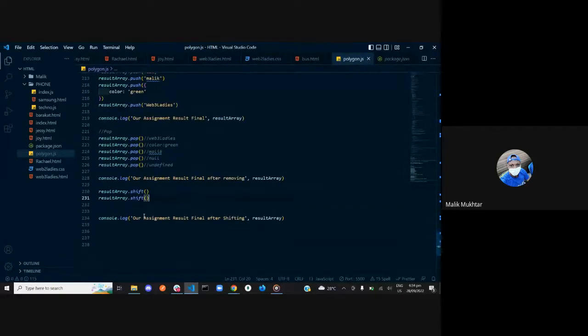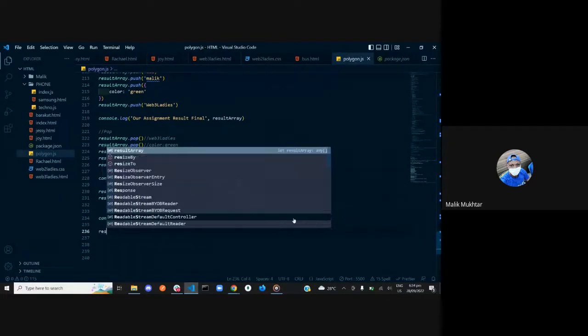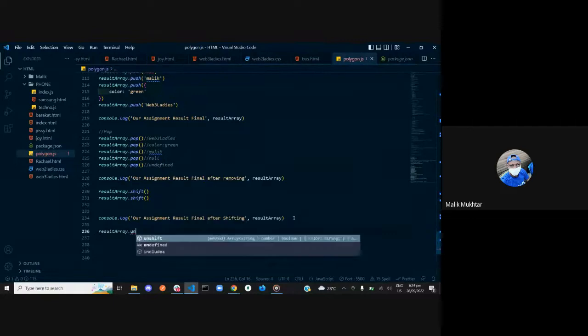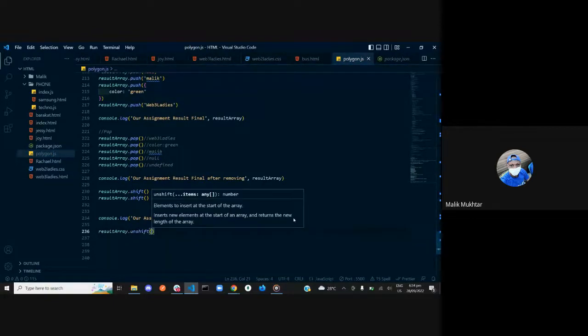Hope we got that. Then we have results array dot unshift. So what unshift does is